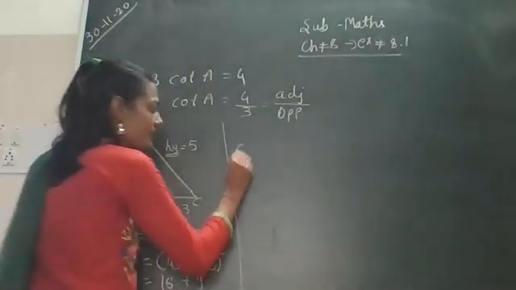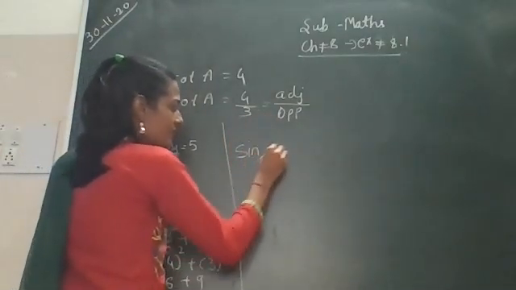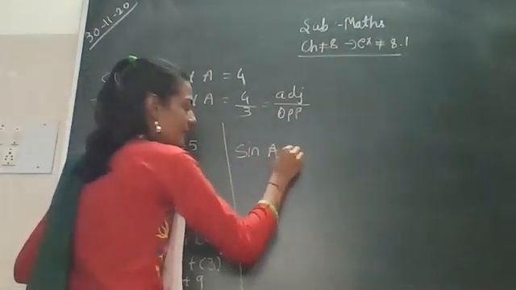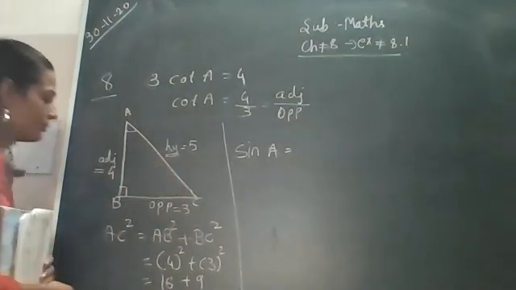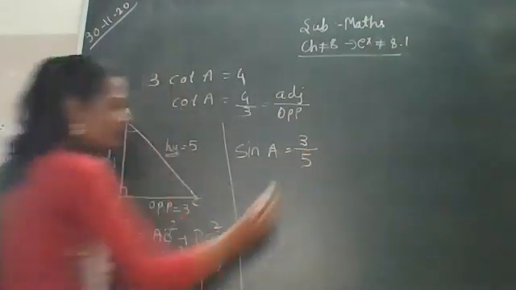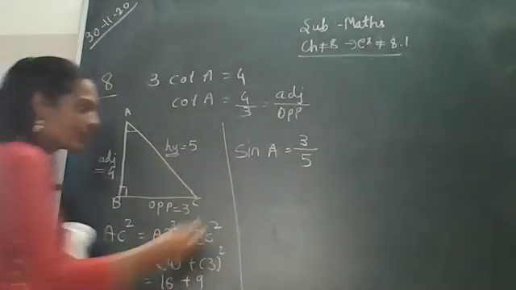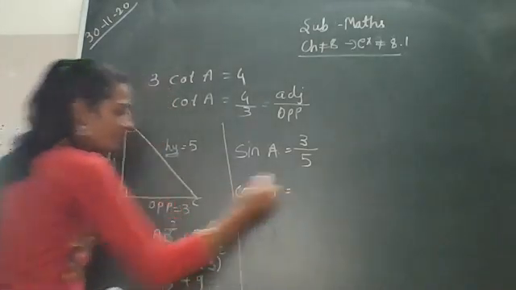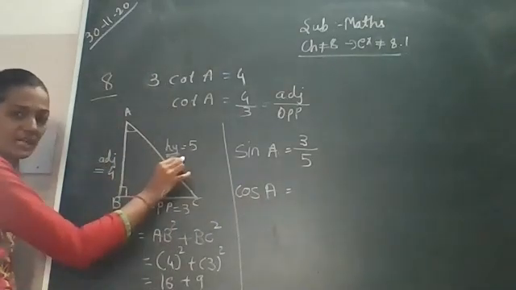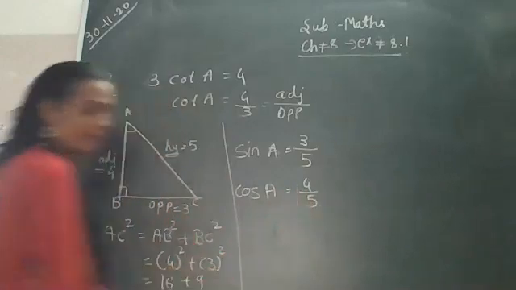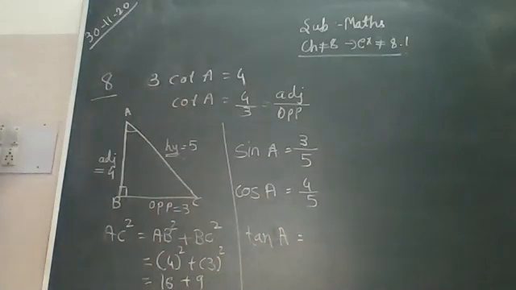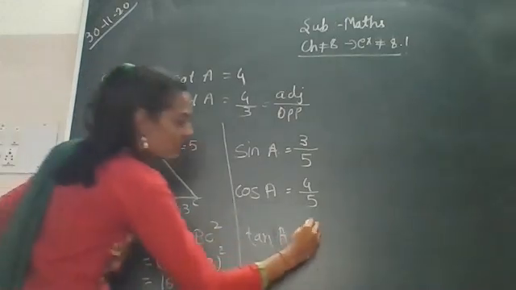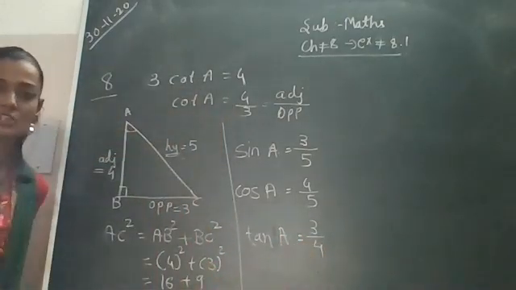So here we want the values of sin theta, cos theta and tan theta. Okay. So first we will find out sin theta. Right? So sin A is equal to opposite upon hypotenuse. Opposite is given as 3 and hypotenuse will become 5. Clear? Now cos A is equal to adjacent upon hypotenuse. So it will become 4 upon 5. Right? And tan A is equal to opposite upon adjacent, which will become 3 upon 4. Getting this much?